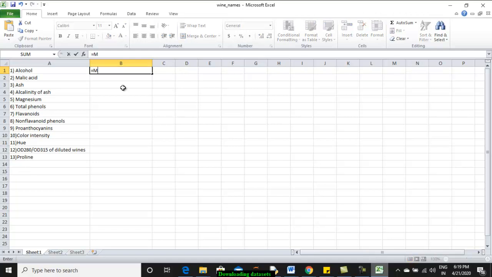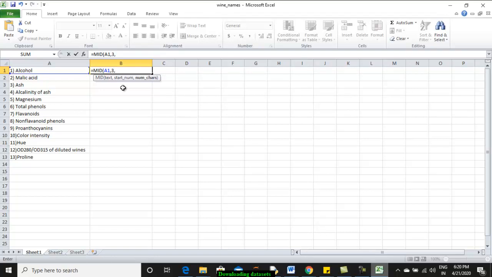Okay. How to remove? There is one function called MID in Excel. So what is the text? This is the text I'm going to use. Then from which index do I have to start? I have to skip one, that right bracket, and then the space. So which is indexed with 0, 1, and then 2, and I have to start with 3.